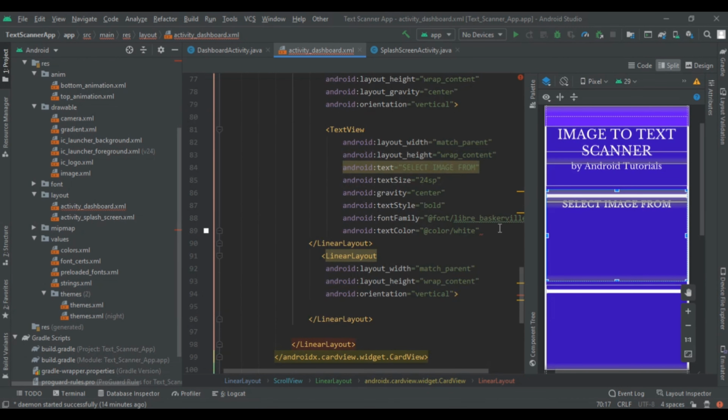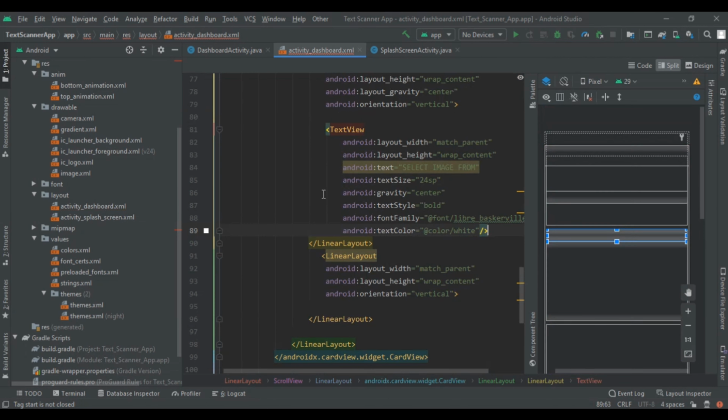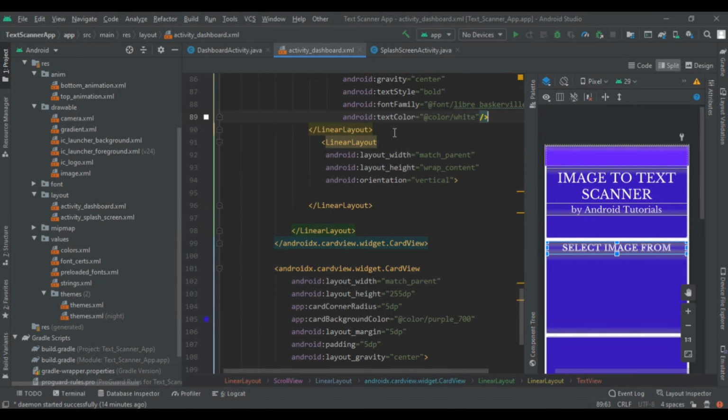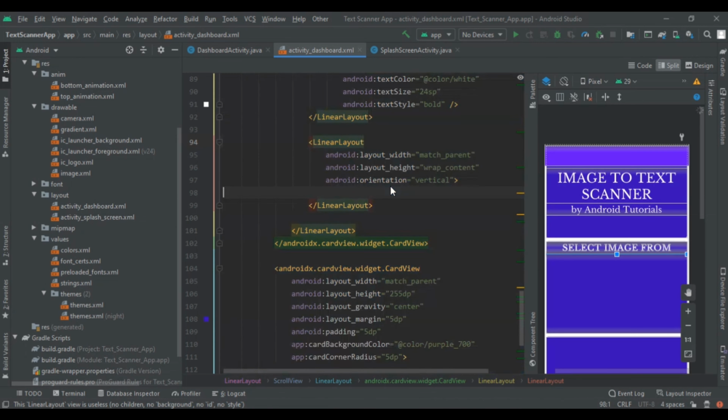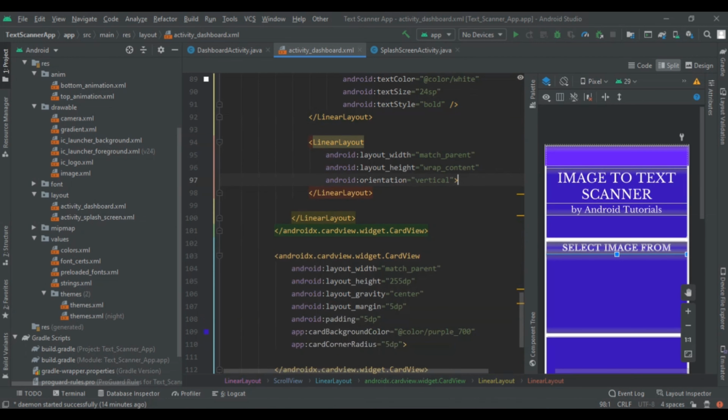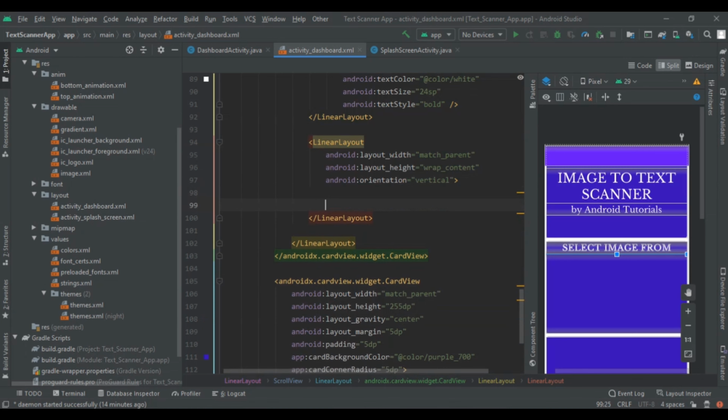Now again come to the second part, second card view, and here we have to complete our text view, and come in the second linear layout. So first align the code by pressing Ctrl Alt Enter, and then in this layout we are going to change its orientation to be horizontal, and add two card views.